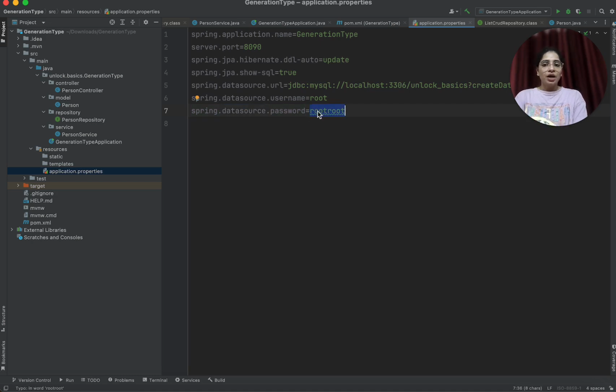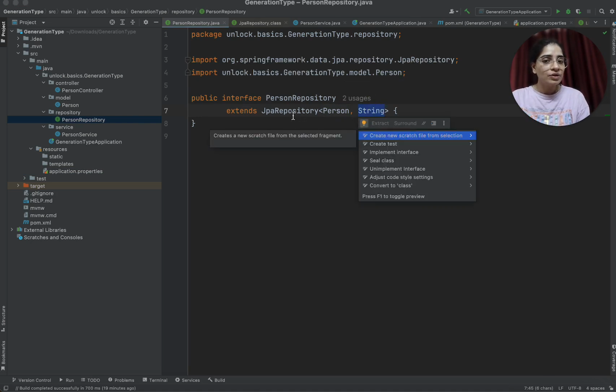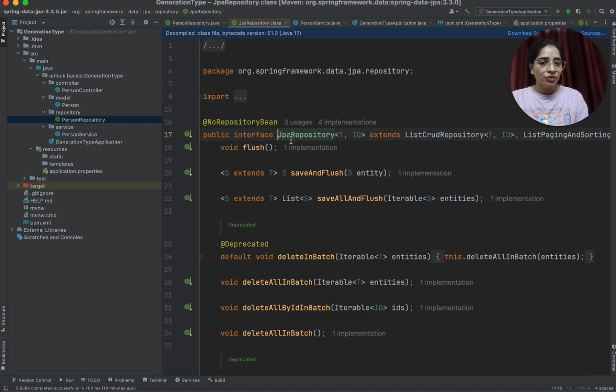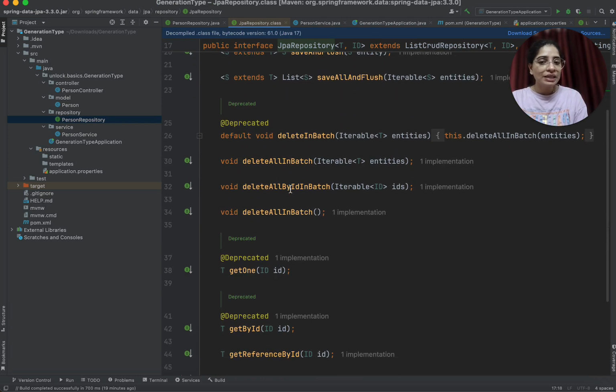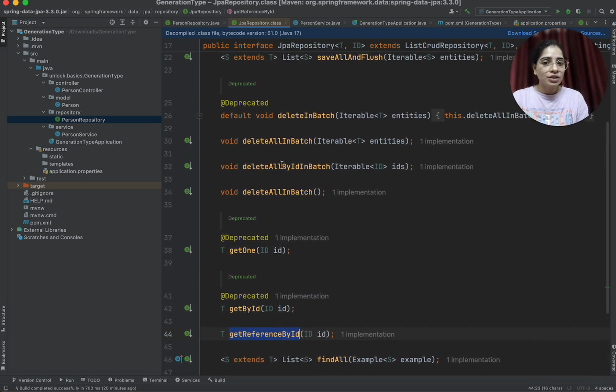Let's try to understand why we need this ID always whenever we are working with JpaRepository. Let's go back into JpaRepository. You can see there are some methods which basically take ID in them. For example, getById. That means it will try to search the data by ID. So whatever ID you have, based upon that ID, it will try to search the data in the table. You can see this getReferenceById. And there is one more, deleteAllByIdInBatch.